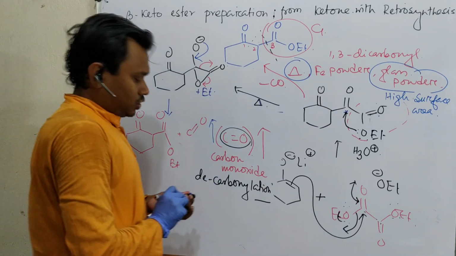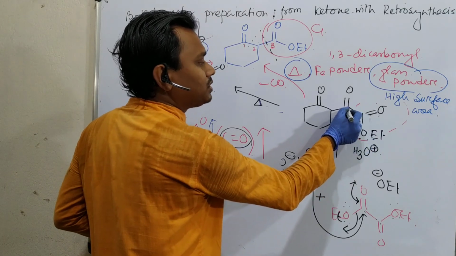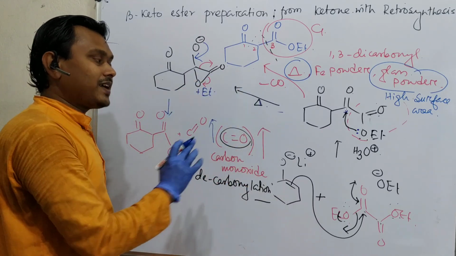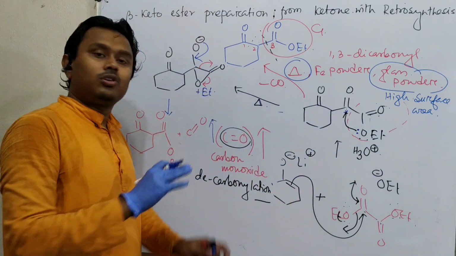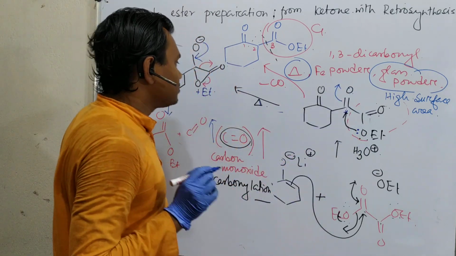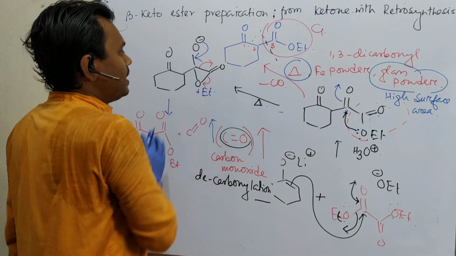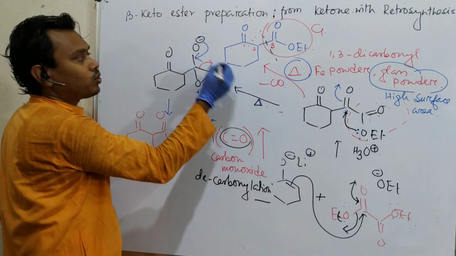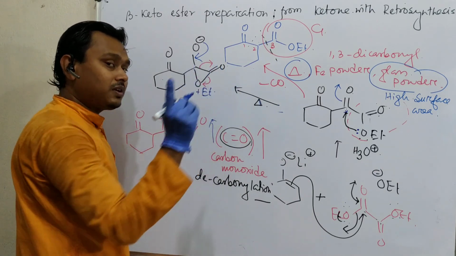Fine. So now, what we can expect is that this oxygen can give its electron density to this carbonyl carbon. This is the overall experimental fact. If you do it the other way, which logically says that this is O minus, electron rich, so it will attack, but it will not result in any conclusion. So this will attack here and it will open. What will it produce? It's a 3-member ring, an oxygen containing ring. Now this is strained and reactive, but in the next step this lone pair which is open can push. So there are two chances: if this bond opens, we get the starting material, but this will open a different product.